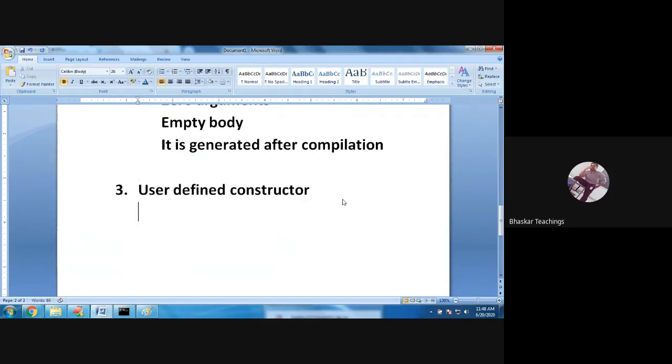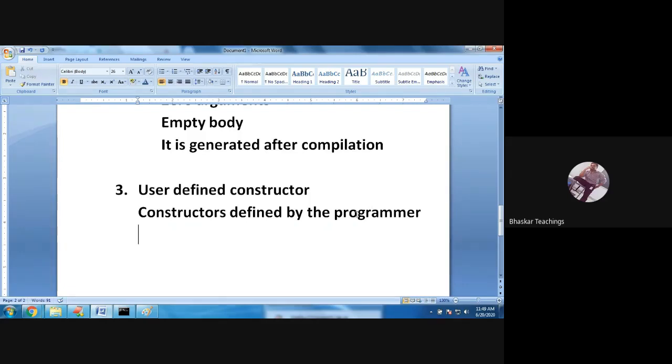So what is a user defined constructor? The definition is the constructors defined by the user, defined by the programmer. So they are defined by ourselves. Therefore, it is user-defined constructors.